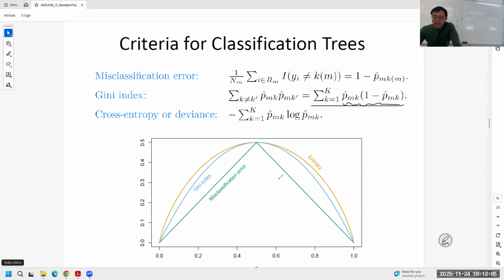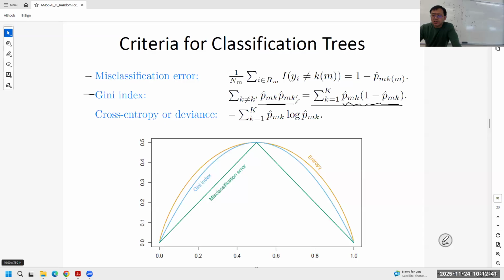If you look at this graph, if you only have two categories, this is the misclassification error, this is the Gini index in blue, and the last one is entropy. The misclassification error and the Gini index are pretty easy to understand to me, because misclassification error is just counting how many errors there are for the classification. It's intuitive. We should know what the error is. The Gini index is also